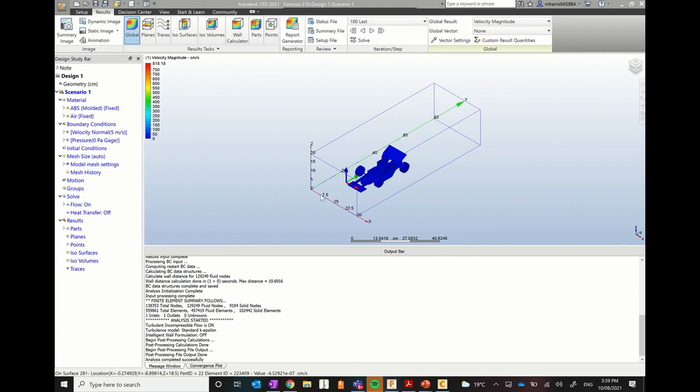So here we are, it's completed its analysis, as we can see down the bottom. And what we're going to be doing,